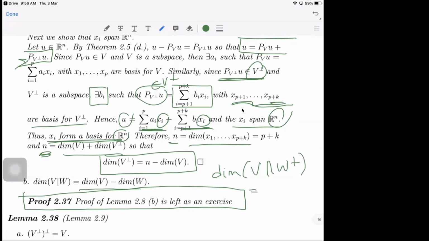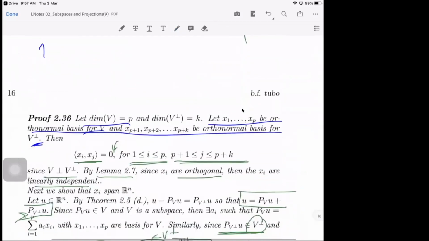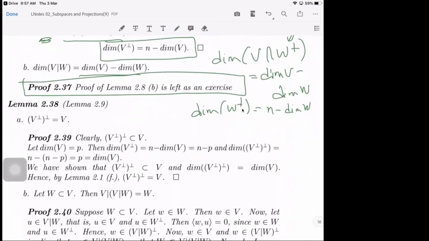And then you show that this is equal to the dimension of V minus the dimension of W. But we know that the dimension of W perp is equal to n minus the dimension of W by the previous result. So I think this is easily obtained. So this is another exercise,